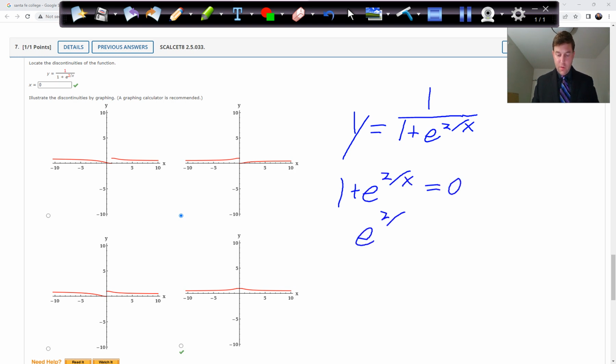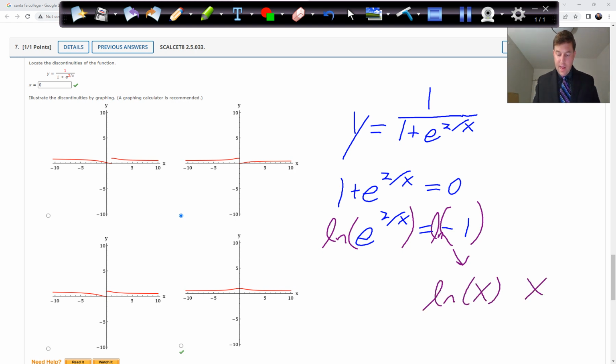And we're going to subtract 1 from both sides. And then, it's probably been a while, but to get rid of this e, what you have to do is take a natural log of both sides. So you'd say take the natural log of this, but then I have to take the natural log of this side also. And natural log is not defined for negative numbers. So if you have natural log of some value, that x has to be bigger than 0. Not only does it have to be positive, but it can't even be 0. So this right here is undefined. Which means,